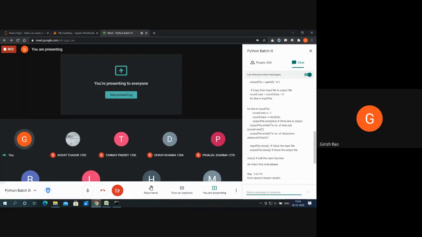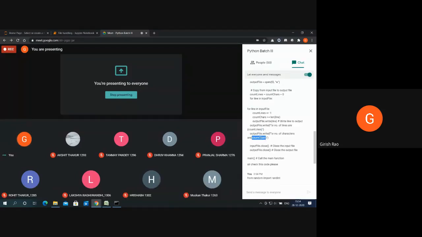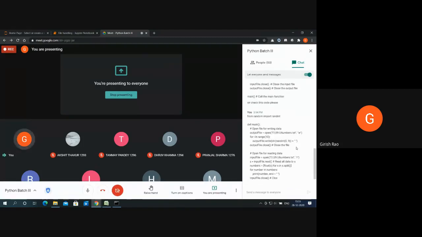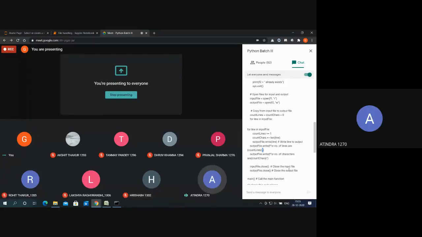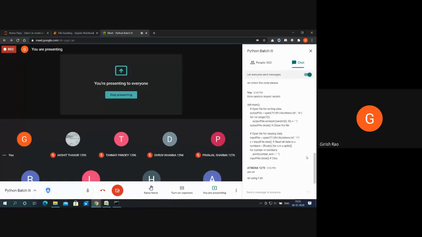Atinder, I'm not in a position to figure it out because of indentation; if it is outside the loop, then it is perfectly fine. Number of lines are so and so. Okay, you're using a write method. You're writing the contents. Why have you written it in the braces? Atinder, why have you written it in the braces? Kindly unmute yourself. Why have you done this? Sir, I was using the f string method. Okay, got it. Sorry, I didn't see the message.